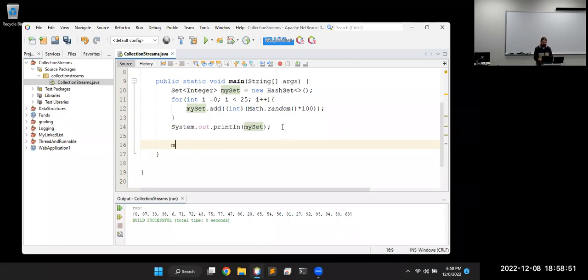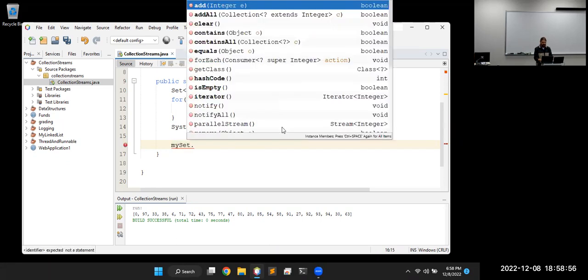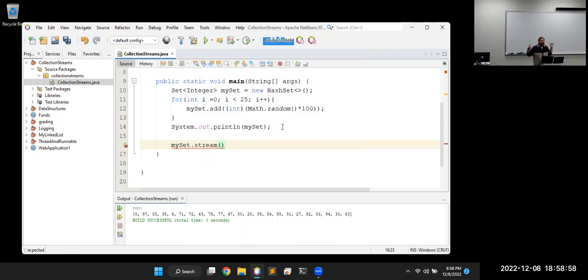So another thing we can do with that set is we can say my set dot stream, and that's our initialization. There's 3 parts to a stream. Initialize the stream. Then we have some mid-range things where we do all of our processing, and then a final thing. And the final is like outputs or copy it over into a new set. So we have that filter